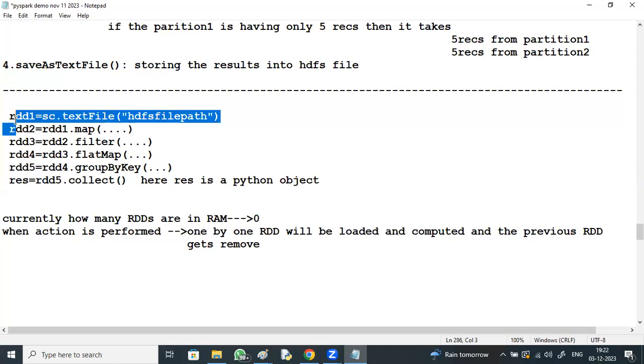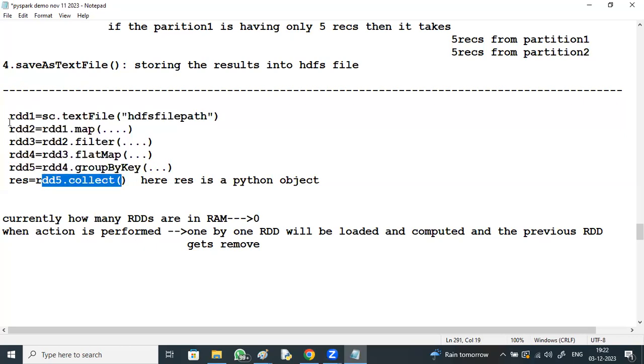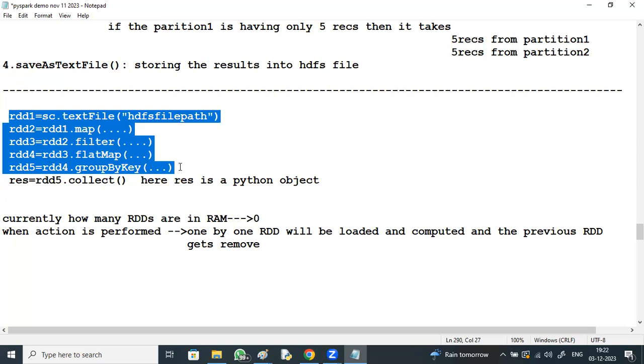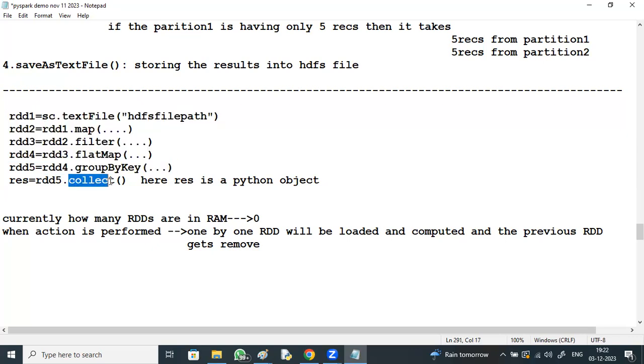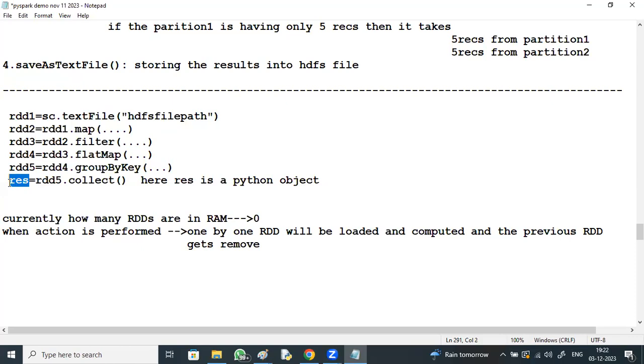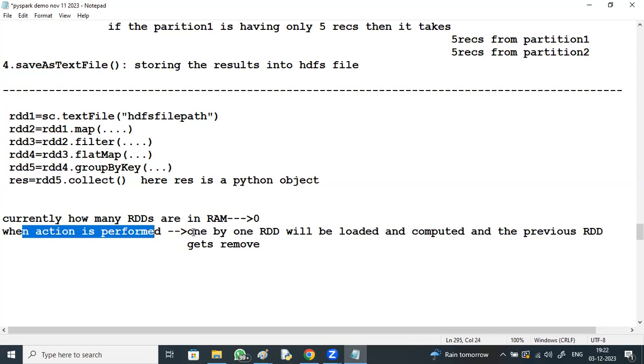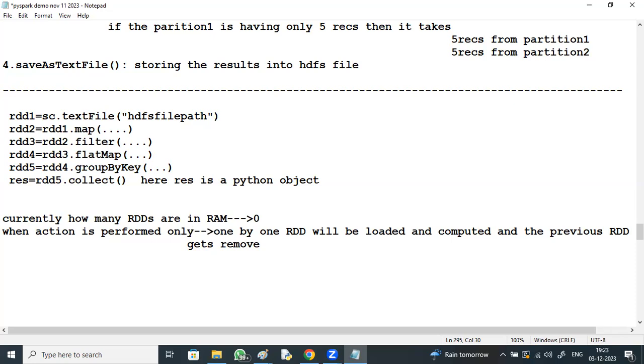Generally, you perform all your transformations here. Finally, you will say action. If you say action only, then this entire data flow executes. Once you perform action on this RDD5, then that execution starts from RDD1 to RDD5, and the final RDD5 output is collected. That is what happens. Until you perform action, this flow won't be executed.